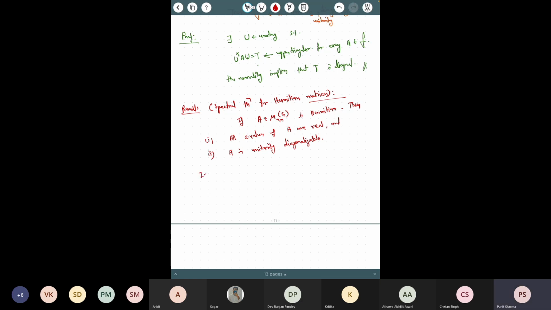In particular, if A is a real matrix of size n cross n and is symmetric,